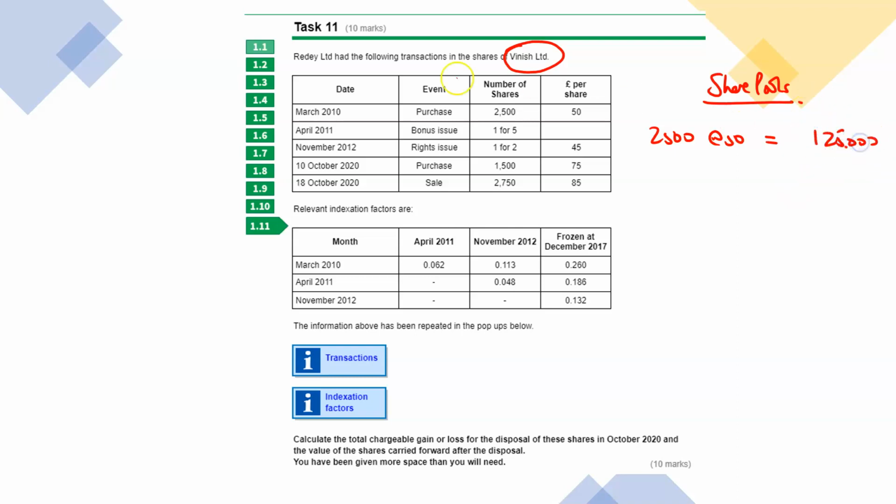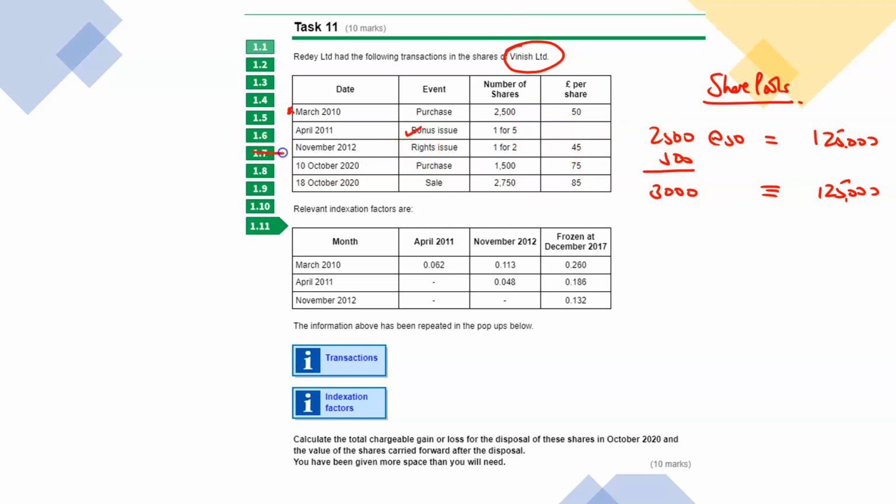Now, the first point to make is that whenever we have bonus issues, there's no money coming in. So we argue there's no real operation taking place. We just have an increase in the number of shares, but no additional money coming in. So you could have worked that out at an additional 500. So you now have 3,000 shares, which are still indexed at that 125,000. We will carry out whatever indexation is from this date, but the assumption is you're just given these 500 shares, because it's 1 for 5. So 2,500 divided by 5.